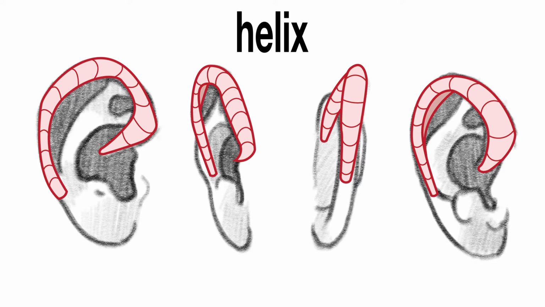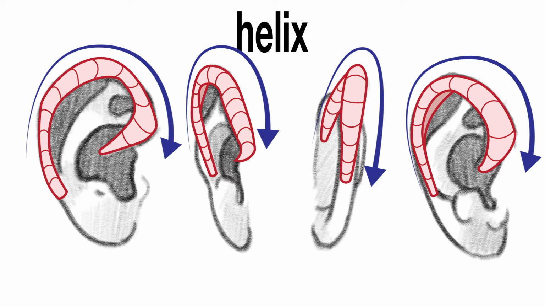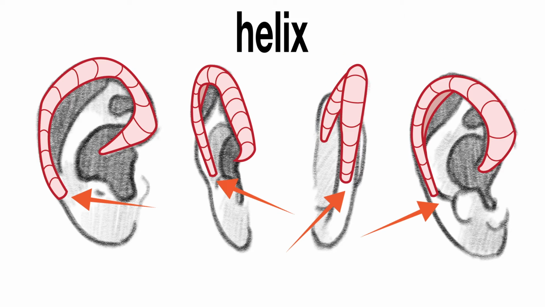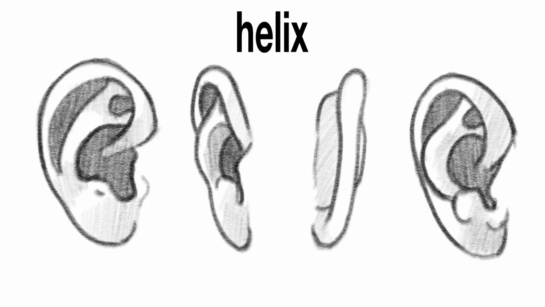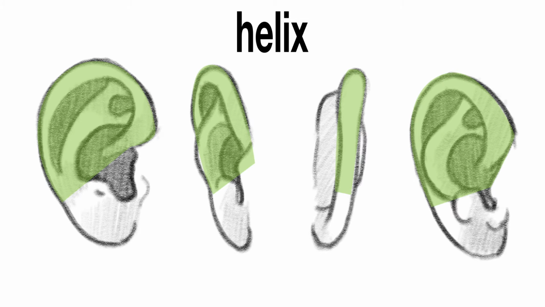First, the helix. The helix is the ridge that forms the outer shape of the ear. It is a folded or rolled form that starts just above the ear canal, creates a U-shaped curve that forms the top of the ear, and it ends just above the earlobe at the back. The helix is an important form because it creates the overall silhouette of the upper ear.